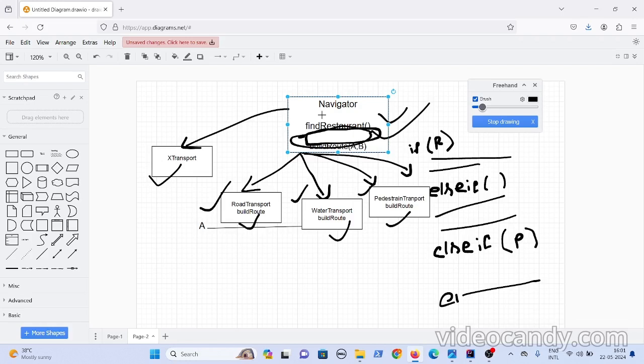So what this navigator wants is, based on my input, you provide me restaurants, like how it has been done for the route logic. Based on my input, you provide me the route. If I ask for a road route, you give me a road route, or if I ask for a water route, you give me a water route. Now in the same way, whatever happened for transportation, he is asking for restaurants as well.